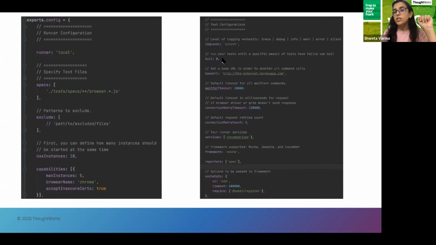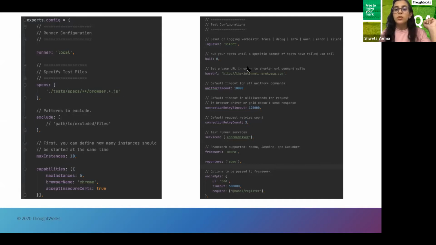So if you want to achieve that, you can define any number here, so that if this many test cases fail, you stop the execution and just give me the error. That is possible, and by default it is 0, which means even if one test case is failing, let the others go ahead and execute, and then give me the overall report: how many failed, how many passed, what the issues were, so I can debug. That is achievable here.